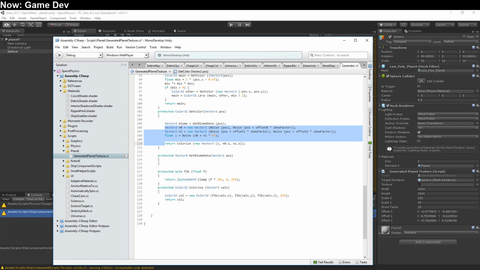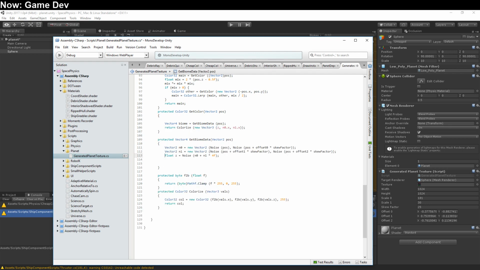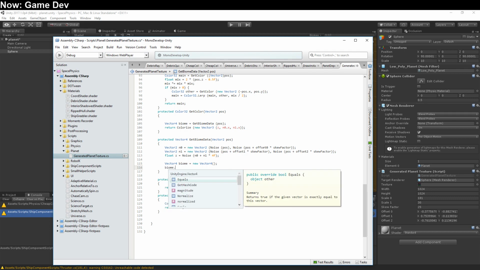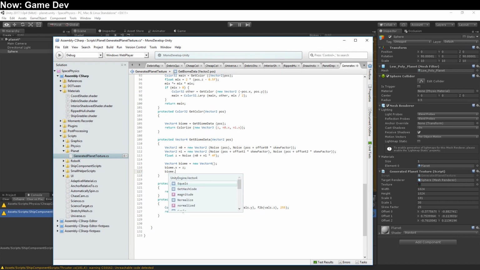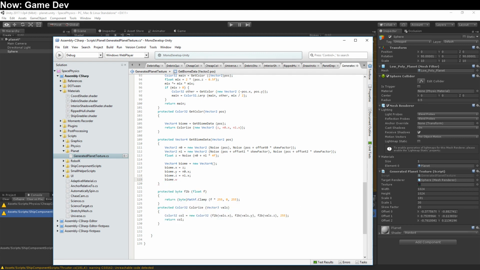And then this stuff is going to be in here. And what we're going to do is return a new Vector4 based on these values. So new Vector4 biome equals new Vector4. I'm just an idiot. Vector4 biome. And once we've got that, we'll fill in these values. biome.x equals z. biome.y equals n0.x. biome.z equals n1.x. And then biome.w is going to equal either